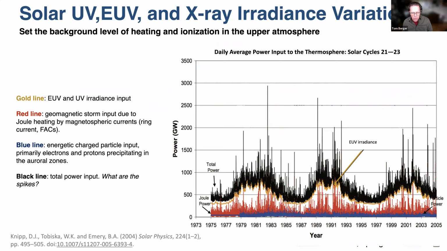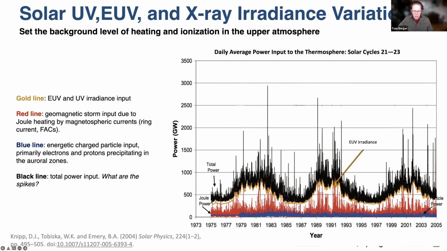This is a plot which shows, as a function of time, years on the bottom going all the way back to 1975, the input to the ionospheric thermospheric system from the sun and what the relative power is of those inputs. As you can see here, energetic particles shown in blue are not very powerful. They have little spikes occurring when there are SEPs, but they're not very powerful overall in terms of what they input into the ITM system. The red is geomagnetic storm input due to heating from those electrical currents in the magnetosphere,